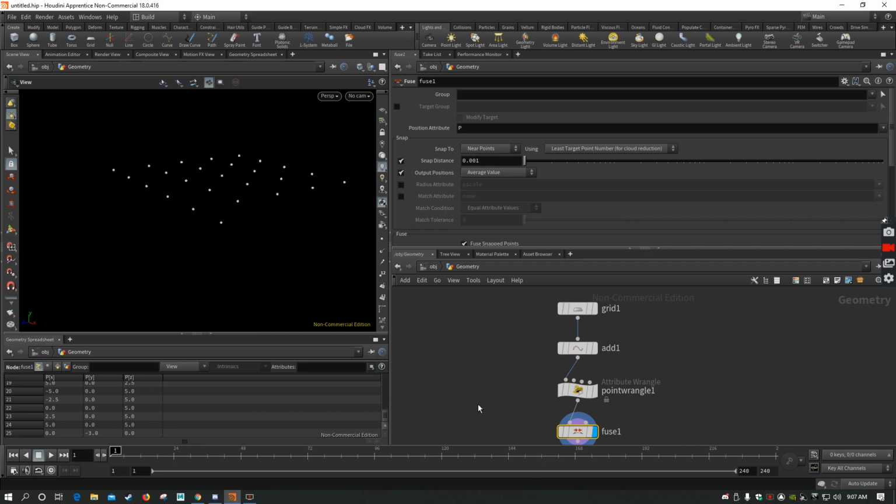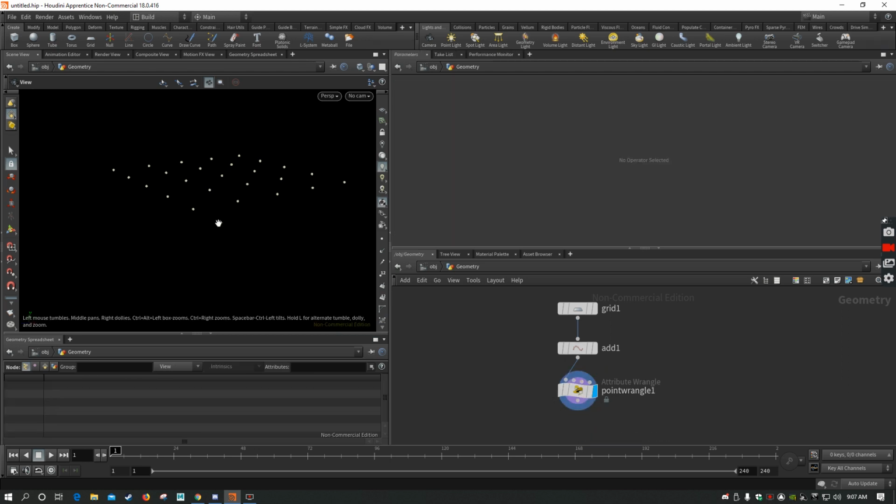But if you think about it, that's pretty inefficient because we just created all these new points for no reason and then collapsed them down. On a piece of geometry with not a lot of points, that's not a big deal, but if we're dealing with thousands, maybe even millions of points, that's creating a lot of extra points for no reason. So a better solution would be, if I want to create a point at this specific